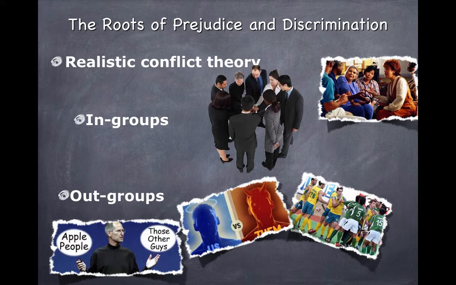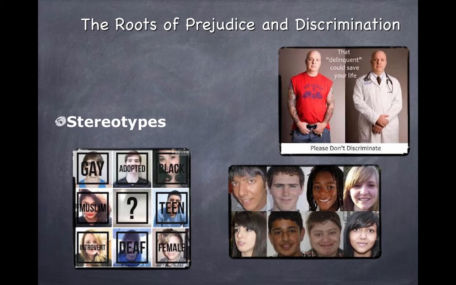Now, continuing on with theories relative to prejudice and discrimination is one that's called the social cognitive theory. This is the mental process that people use to notice, interpret, and even remember information about the social world. Processes used to simplify and categorize the social world are the same processes that distort the view of it. So basically, we try to simplify a complex world by organizing our social world in our mind in a manner that simplifies and categorizes. And sometimes by categorizing, we generate stereotypes.